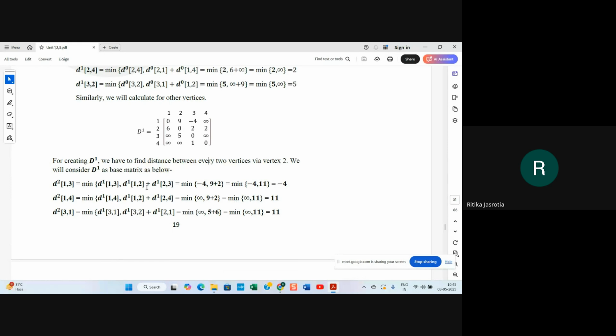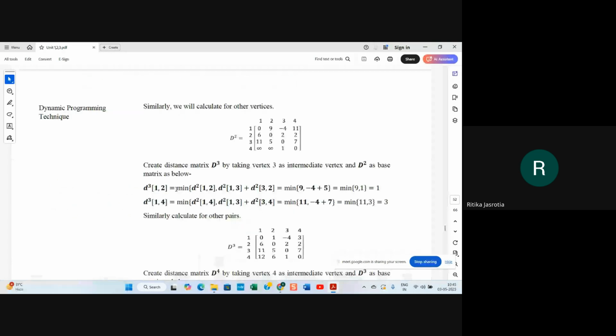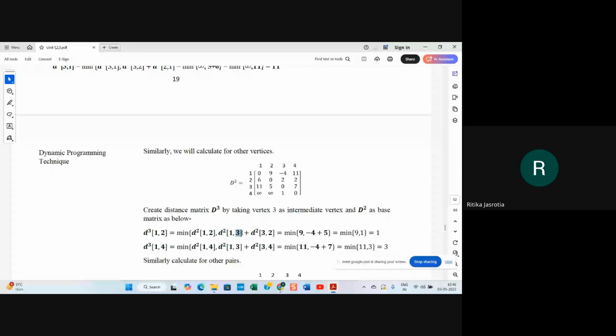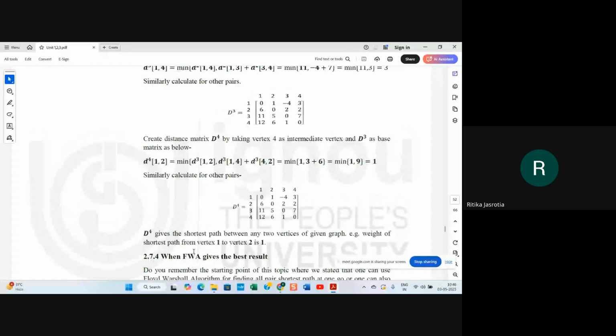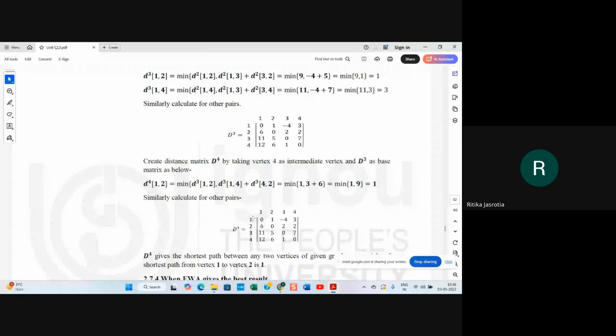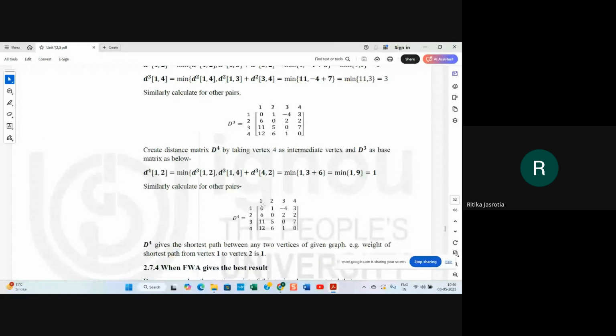Keeping k as 1 in the first. In the second, the next index 2 we are taking as the base. So k will be 2, and in the next index the k will be 3. So your k will be 3 in the next index. That is what they are talking about, because there are 4 vertices. So when you find out D4, the final one, the D4 gives the shortest path between any two vertices